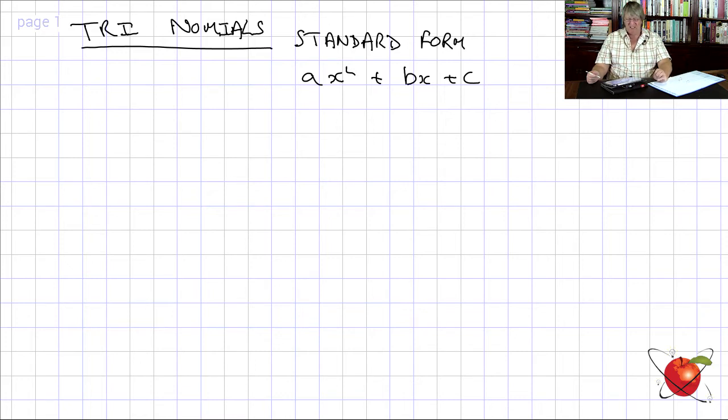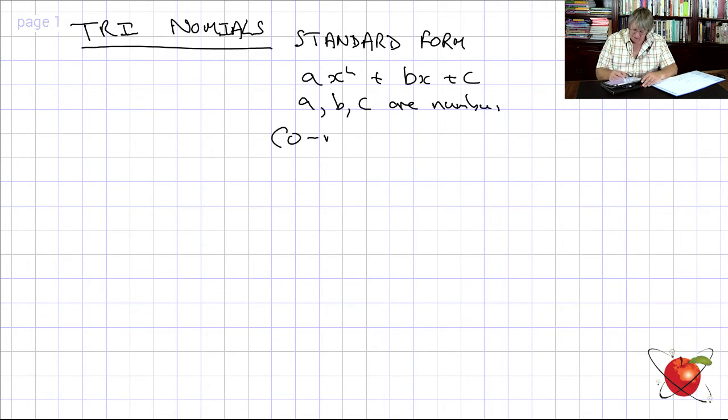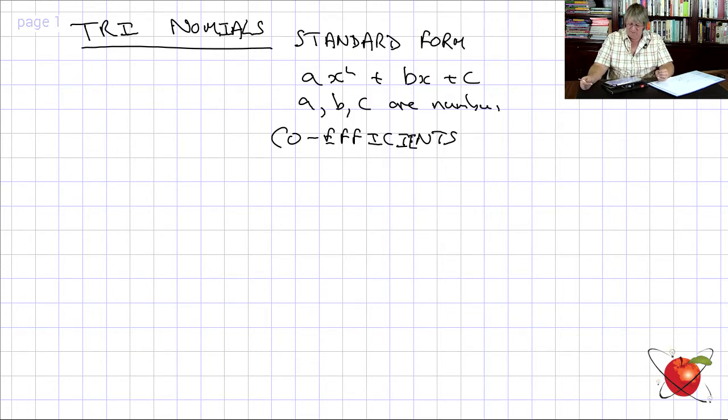What are a, b, and c? A, b, and c are numbers, that's all they are. We don't know them. They are the coefficients. I forgot an E. Coefficients. So they are the numbers that are in front of the x squared, the x, and the